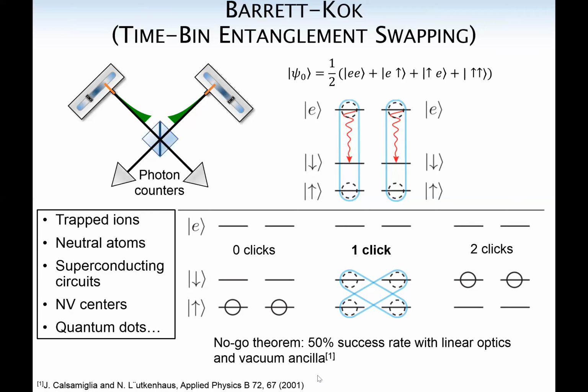So you notice that this protocol is going to give you entanglement 50% of the time. And it turns out that this is actually a fairly fundamental property of experimental systems like this. So if you use the resources that I've depicted in this figure here, there's a no-go theorem that says you can't do an entangling protocol that's going to have a higher success probability than 50%. And this is coming from the fact that you actually can't implement a unit fidelity Bell measurement using sort of the resources of like vacuum ancilla and beam splitters and linear optics.